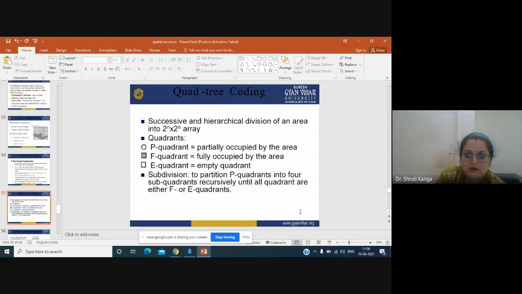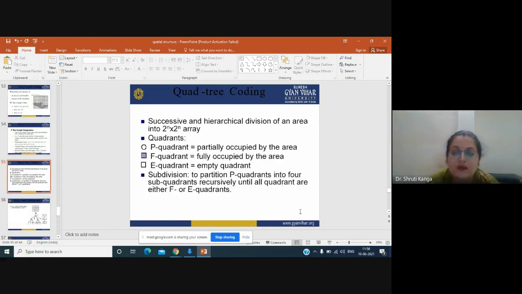Yes, ma'am. Now we are moving towards the quad tree structure. Okay, or quad tree coding. So here the structure is based on the tree structure. Okay, one major thing is, connected with the offshoots.